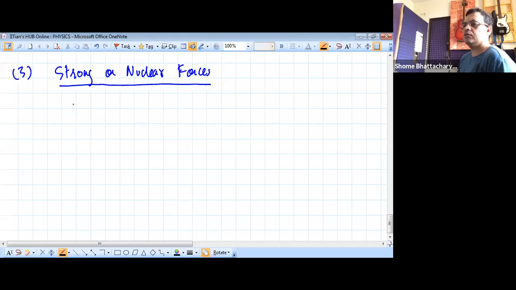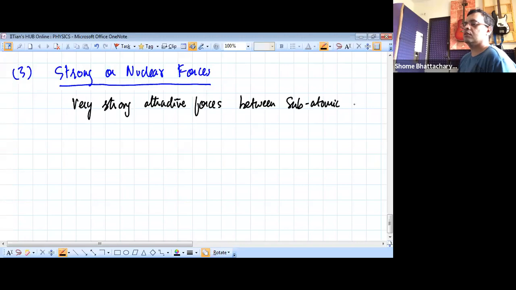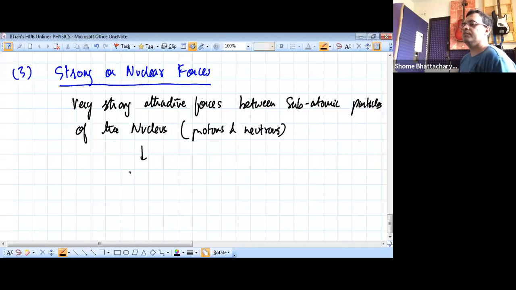Nuclear forces are very strong attraction forces between subatomic particles of the nucleus. So namely, the subatomic particles of the nucleus, the significant ones which experience nuclear forces of attraction, are protons and neutrons. So this can be an interaction between proton-proton